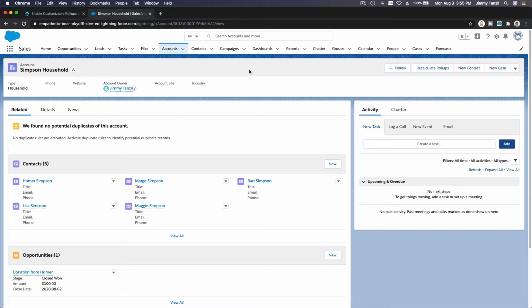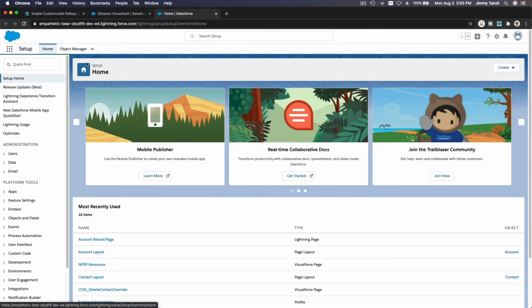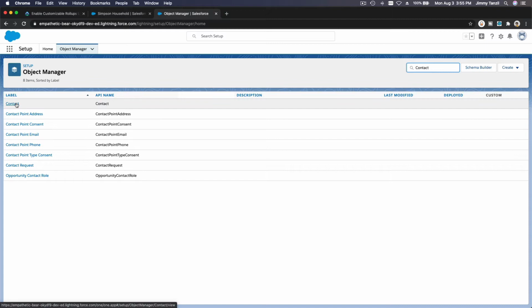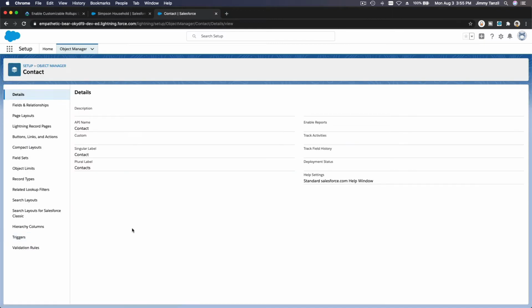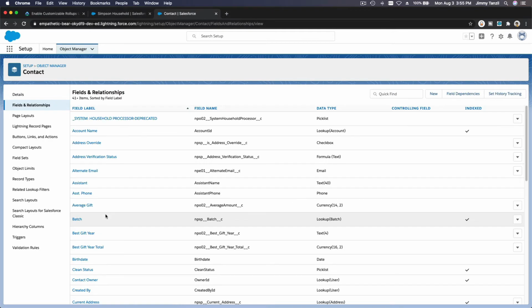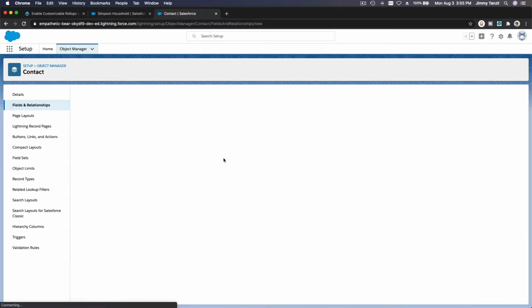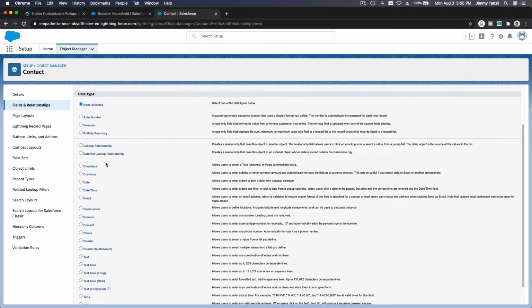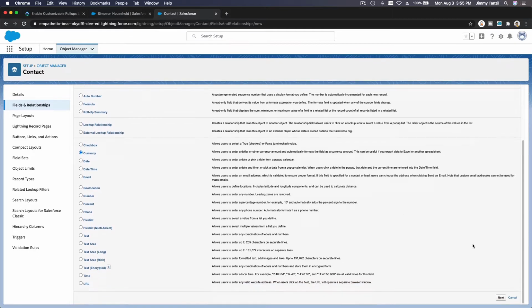So first things first, I want to create a new custom field on my contact object. So I'm going to go to my Object Manager, to the Contact object here specifically, so we can know how many people Lisa Simpson brings in for this fundraising, right? So go to Fields and Relationships. We are going to create a new custom field, and I am going to use the Currency field